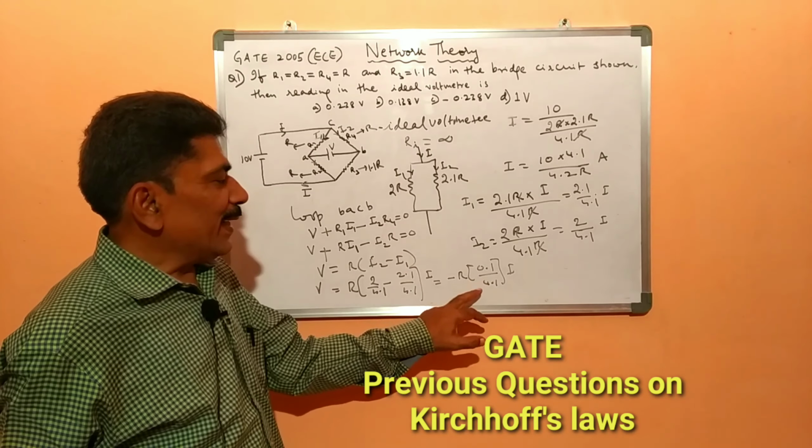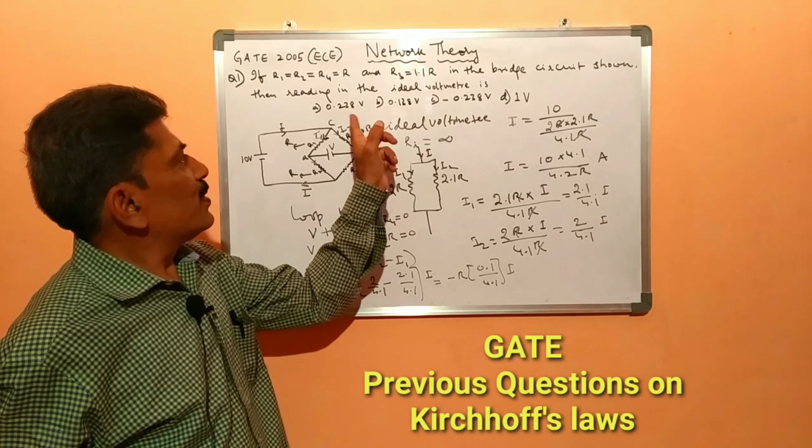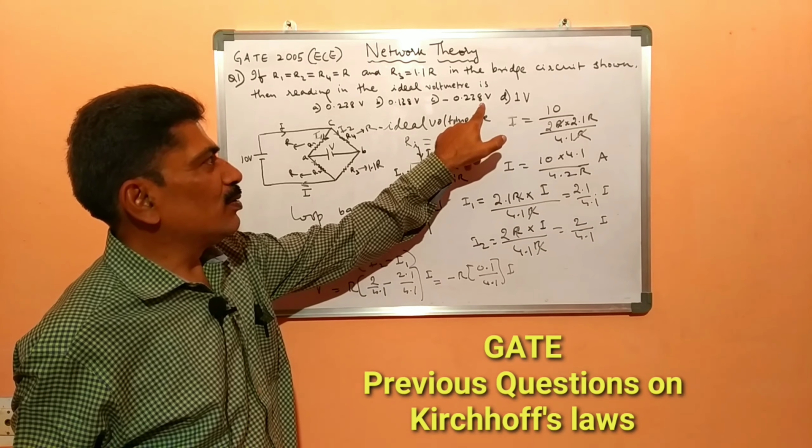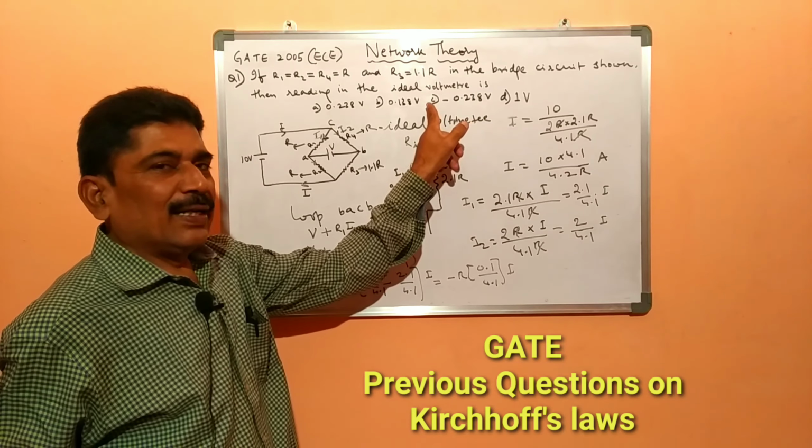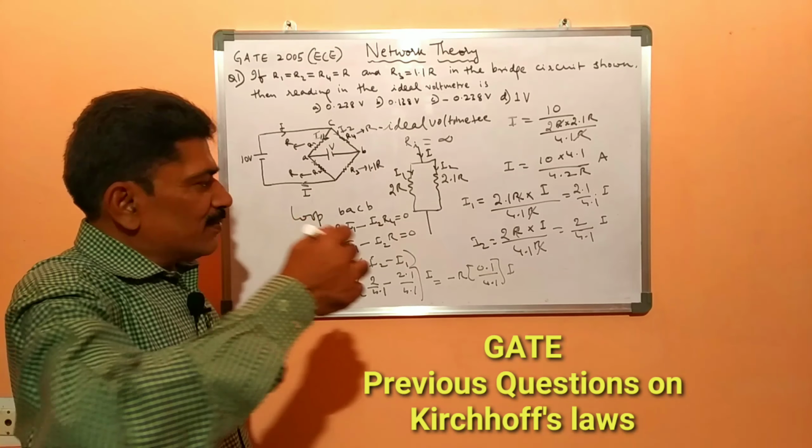Because we got a negative result, and in the options one of the options is minus 0.238 volts, so we can put a tick against C. Let us find out the